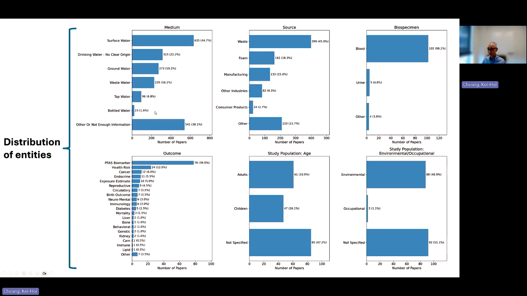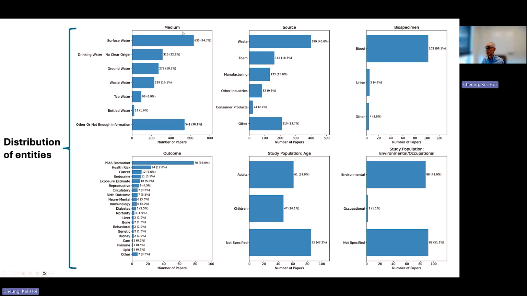Just the basic one to show you the distribution of different types of entities. Here are the different distributions. For medium, for example, you can see surface water. We asked our domain expert to group all these entity terms into higher level categories like surface water and drinking water. They are frequently found in the literature in the medium category.